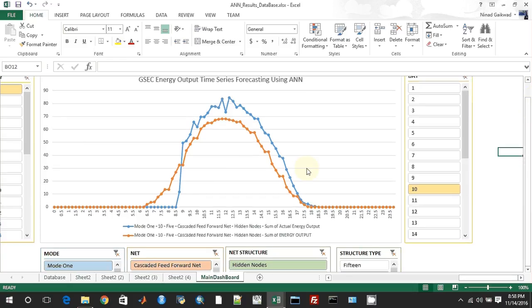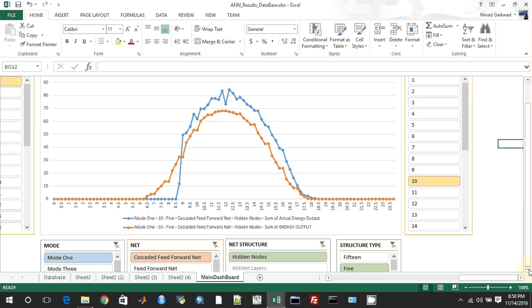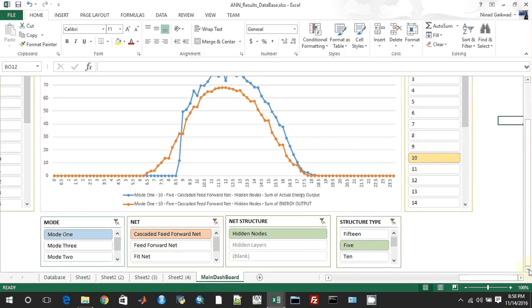This is the actual energy output which we have computed after using the forecasted weather variable values from the ANN application by inputting those values as inputs to the solar energy estimation application and then generating the energy output. Okay, so what we are looking at over here is day 10, that is 10th of October, for the same workflow, mode 1,